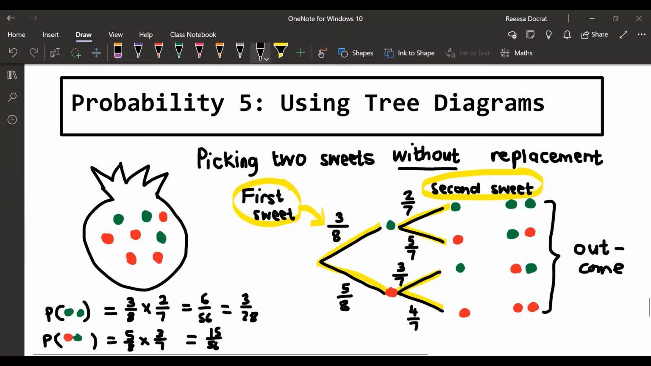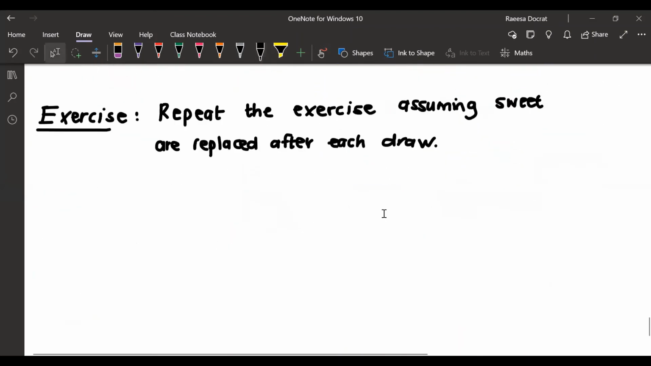Okay, let us have a look at an exercise. So it says repeat the exercise assuming the sweets are replaced after each draw. So before, the sweets were not replaced. So now if we're replacing them, okay, what's the probability that we get a green sweet and what's the probability that we get a red sweet? Well, the first step would pretty much stay the same. There's 3 green sweets and 5 red sweets. So 3/8 and 5/8. But now our second draw would change slightly with the